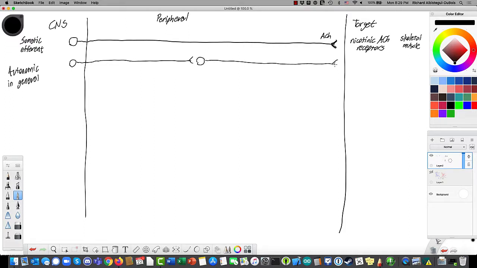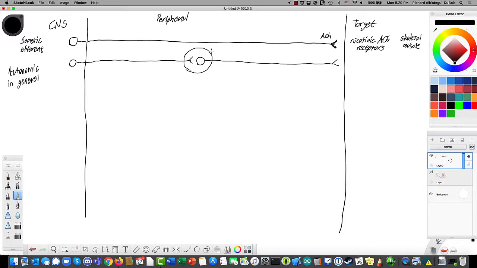You're going to have one neuron that starts in the central nervous system and that somewhere out in the periphery synapses onto a second neuron whose axon will then go to the target. That means that in autonomic pathways, you've almost always got a cluster of nerve cell bodies like this out somewhere